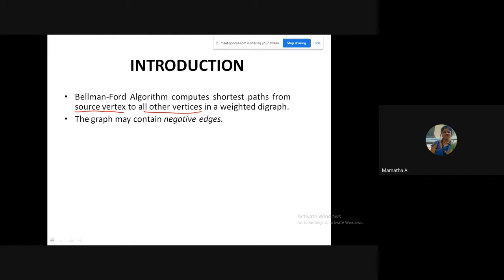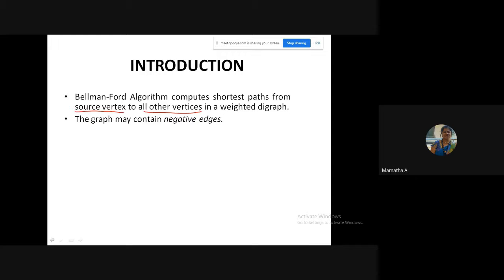And the speciality of this Bellman-Ford is it is quite much similar to Dijkstra's algorithm, which is in module 3, wherein the Dijkstra's algorithm will not allow us to compute the shortest path if the graph contains negative edges. What do you mean by negative edges? Means to say the weights are negative. But Bellman-Ford can compute even when there are negative edges. That's the difference between Dijkstra and Floyd's. So you should remember this, Dijkstra's and Bellman-Ford, right?